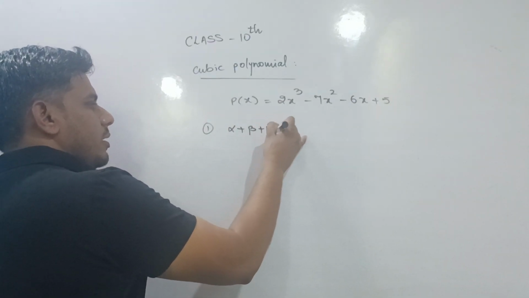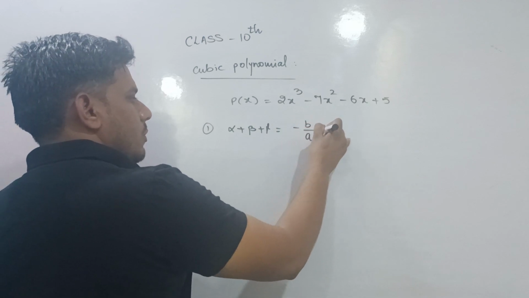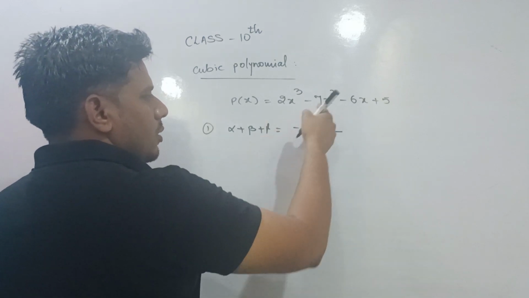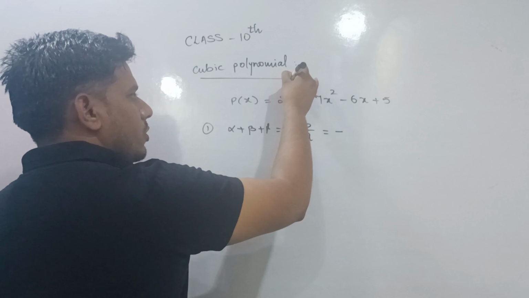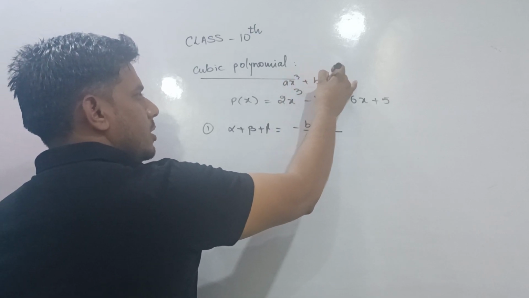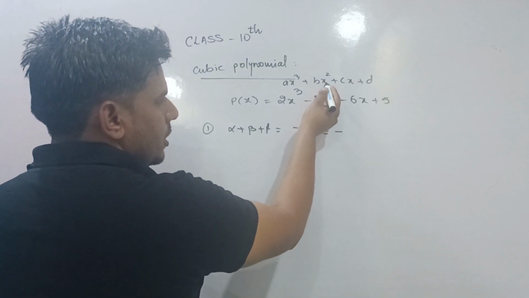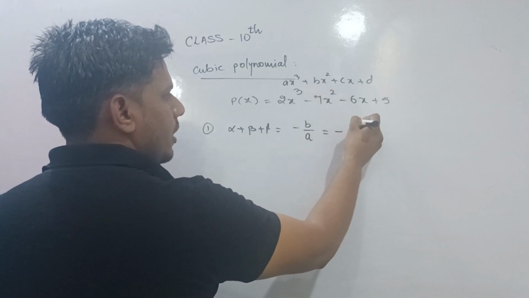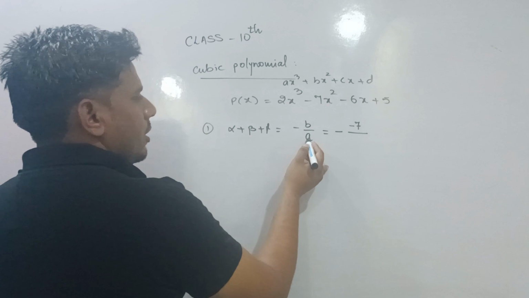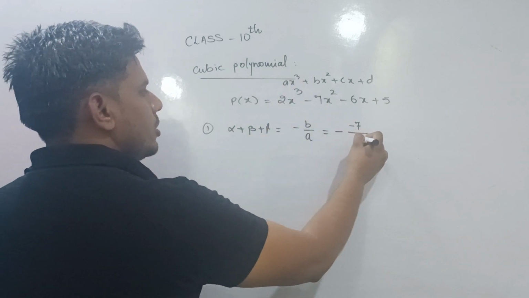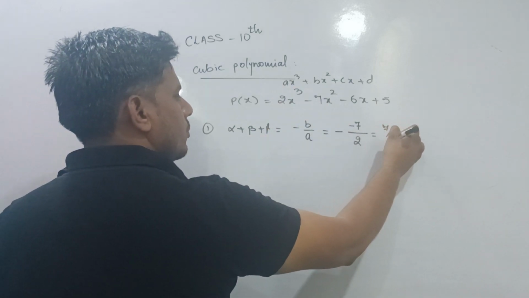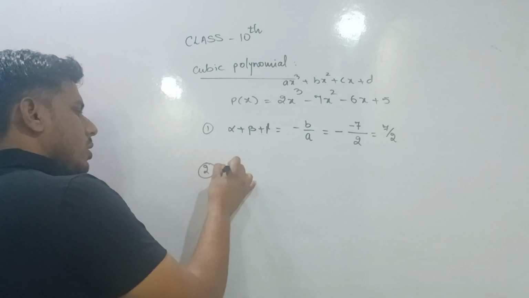In short, the formula was minus b upon a. You can check here, the standard form was ax cube plus bx square plus cx plus d. So b means the coefficient of x square, that is minus 7. We have to take the sign also, and a means the coefficient of x cube is 2, so it will be 7 upon 2. Now the sum of product